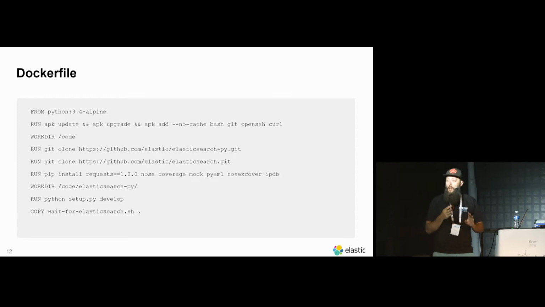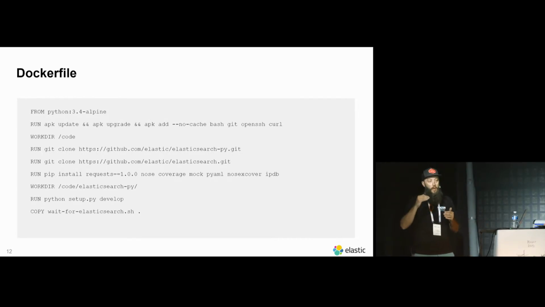At Elasticsearch, we make use of some tests that are in the Elasticsearch Git repository in the client library so that we don't actually have to rewrite hundreds of tests in every different client, Node, PHP, Perl, all these things. We can actually reuse some of the tests that are written in the Elasticsearch Git repo. And then next, I need to install some pip requirements to make running the tests possible. And then I change my working directory, and then I'm actually going to install the Elasticsearch client using develop, and then I'm going to add a wait for Elasticsearch